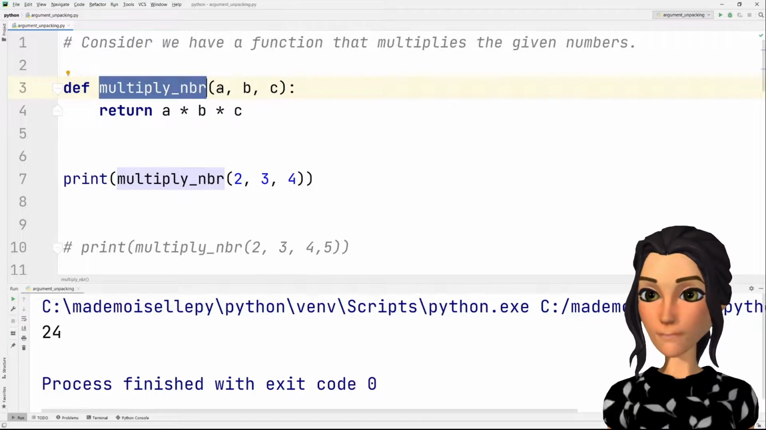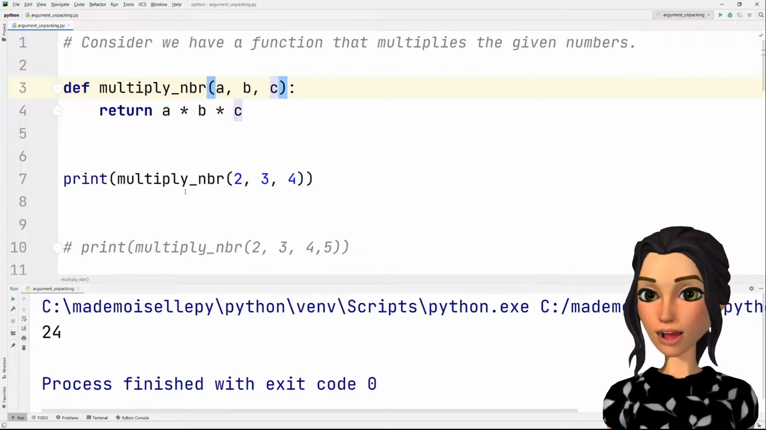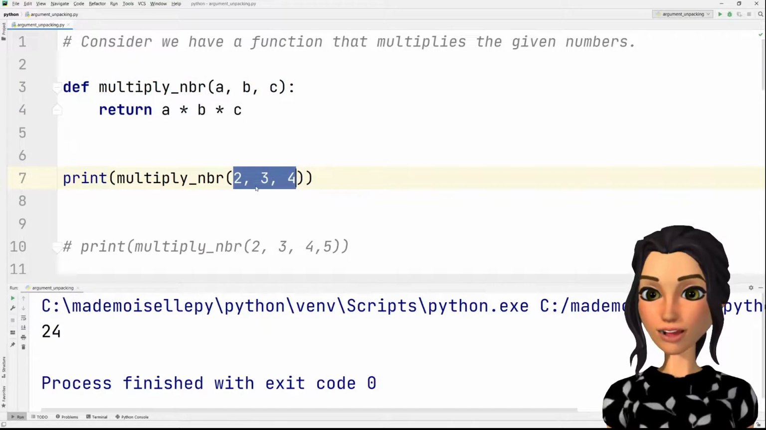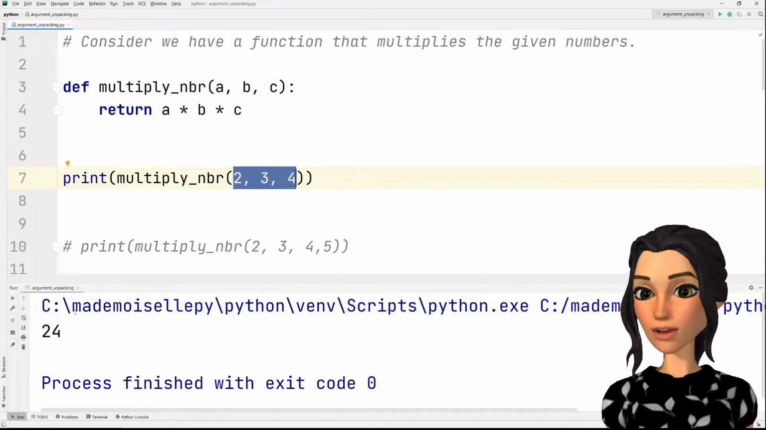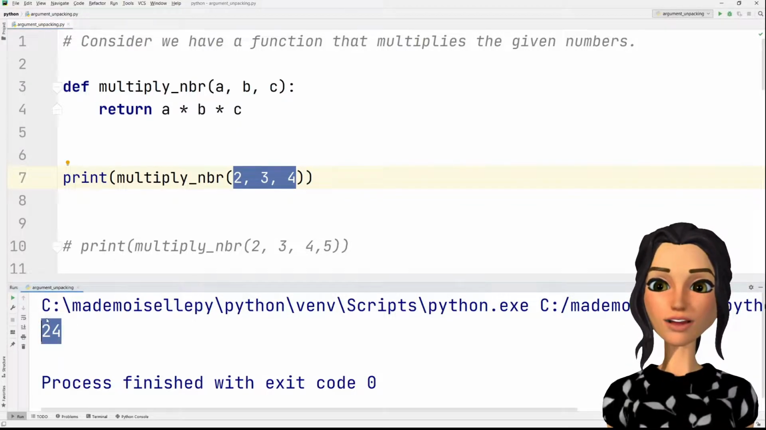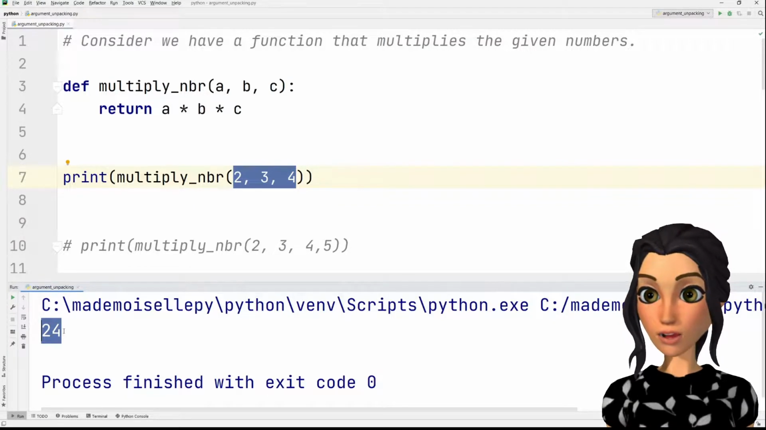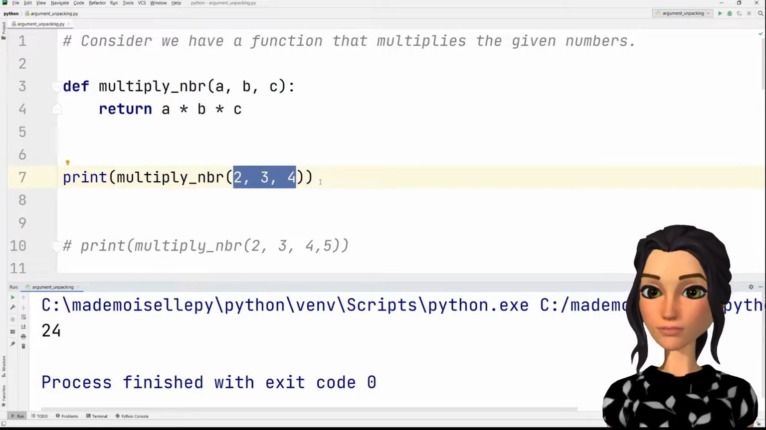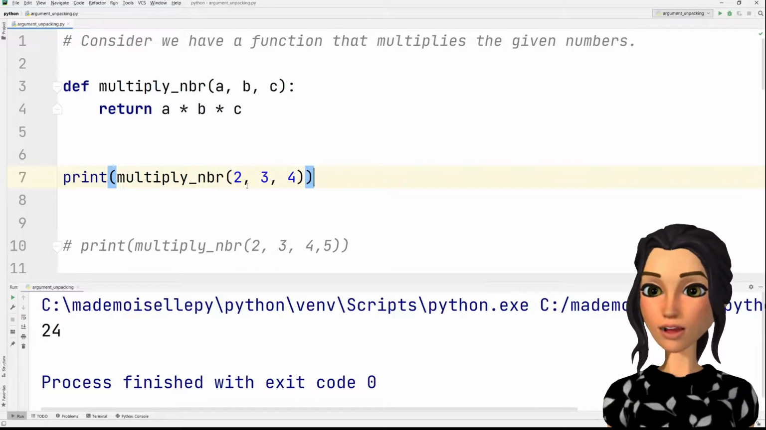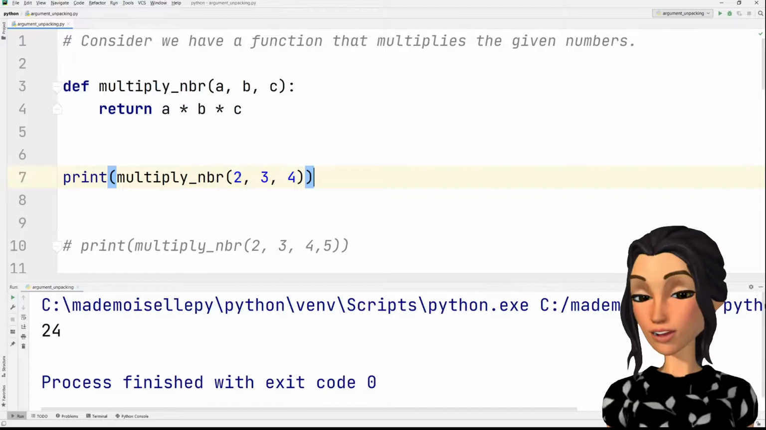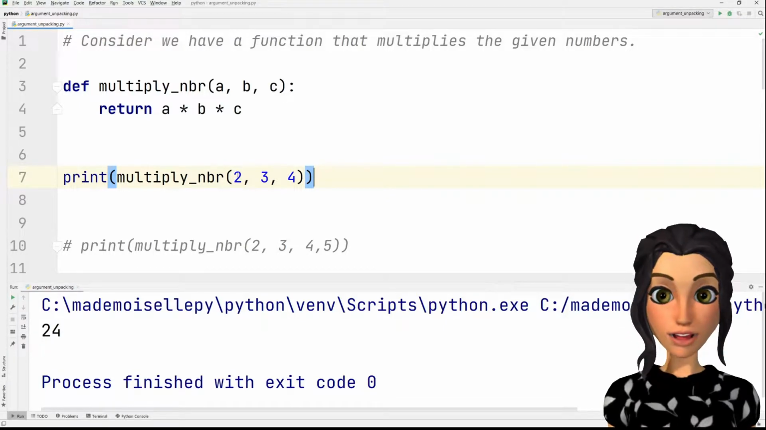In this example, I have got three arguments and let's print the multiplication of the three numbers, that is 2, 3 and 4. In the output you will see that we have got the multiplication of the numbers that we passed as arguments, that is 24. In this example, the function accepts three arguments, so it worked fine because we passed exactly three